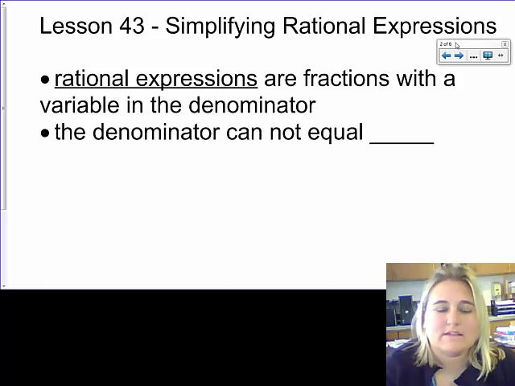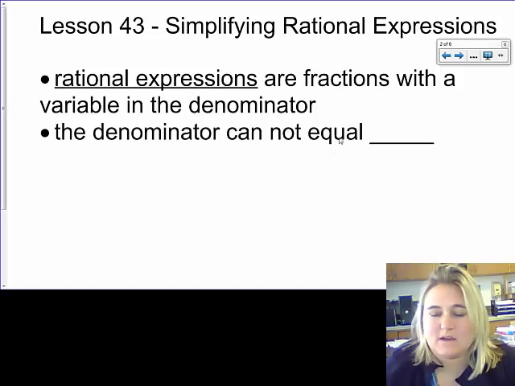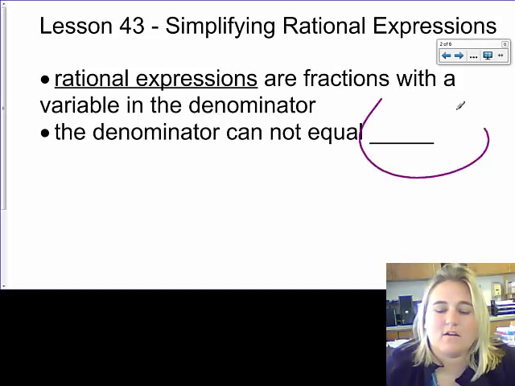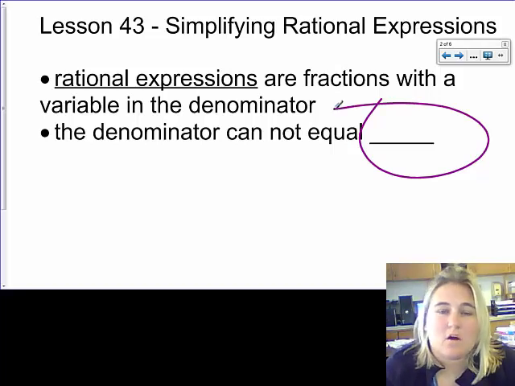Lesson 43, Simplifying Rational Expressions. Rational expressions are fractions with a variable in the denominator. And the denominator cannot equal, and we have this big blank right now. What can the denominator not be equal to? Well, whenever we are working with fractions, we never want the denominator to be equal to